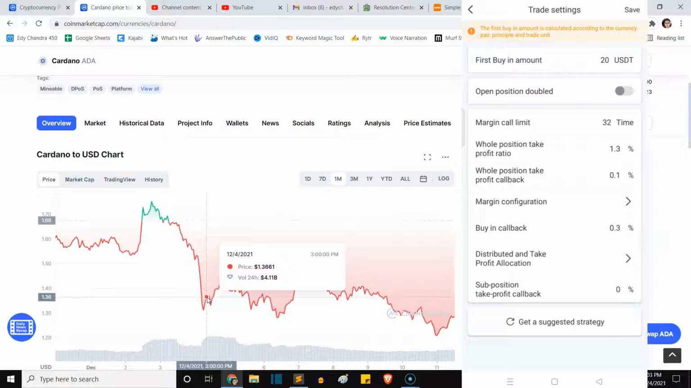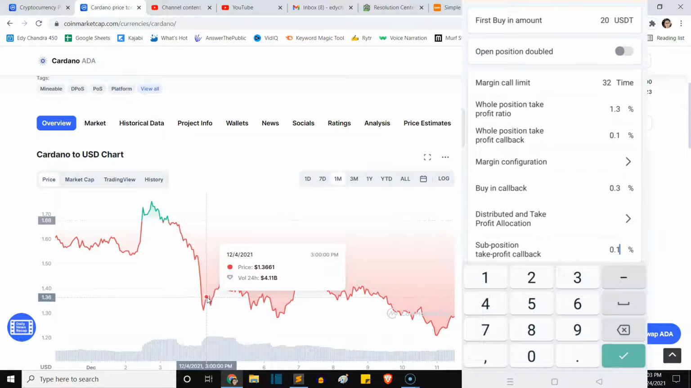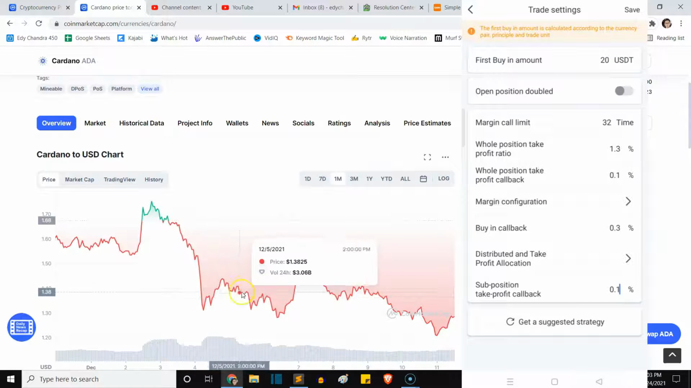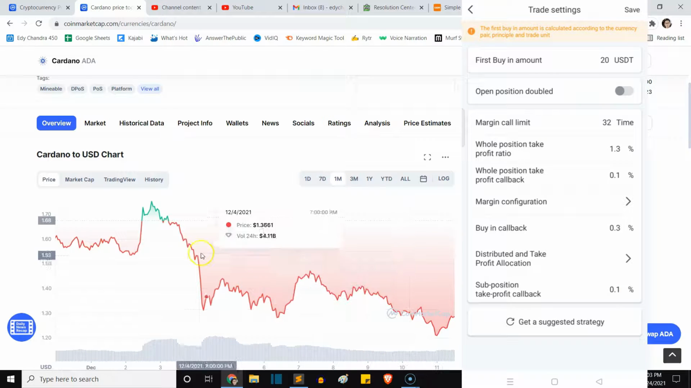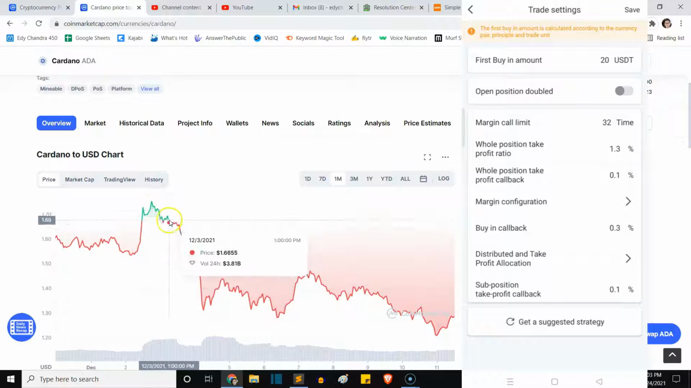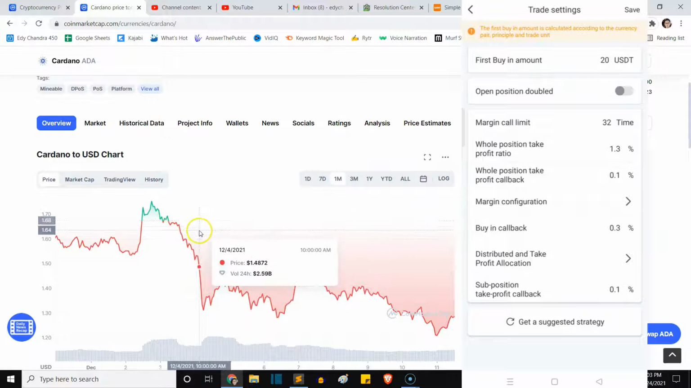Supposition profit callback, I will set it to 0.1. This one is for sub-bin mode real time. It's the same thing as buy and callback, but it is for margin call 5th, 6th and beyond, guys. Okay, starting from 5th, 6th and beyond. 0.31 is for first buy in amount, margin call 1, 2, 3 and 4. Okay,